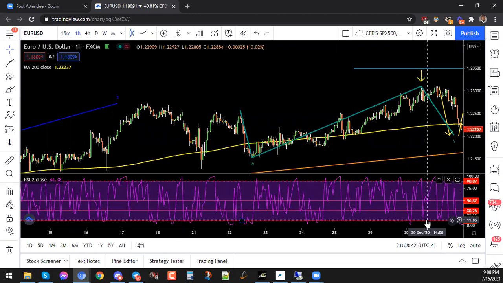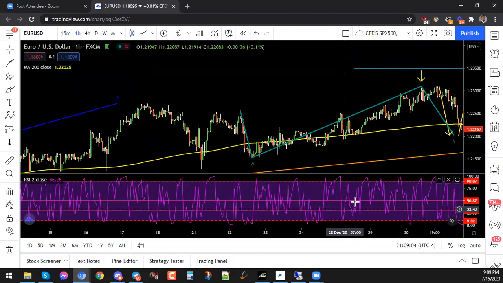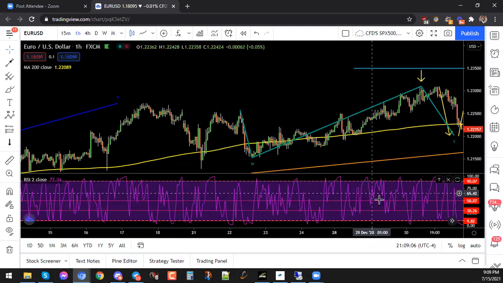So this is what I look at as oversold. I don't call it oversold. I call it my RSI extreme, okay? So this is just my RSI extreme bottom, right? This is the low of my RSI. So I look at that as my extreme low. This is my extreme high on the RSI. The extreme high on the RSI is from